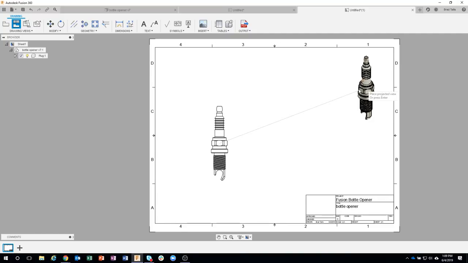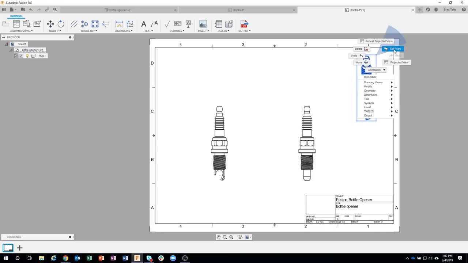So I'm going to place that view there, and then I'll place this view over here. I want that side view. I'm not going to do a top view, so I'll just hit my enter key, and you'll see that it creates those views for us. So we can see the front view, a side view, and an isometric view. Now I personally like to make my isometric view shaded, so I'm going to